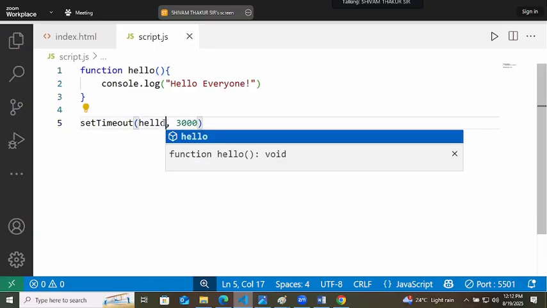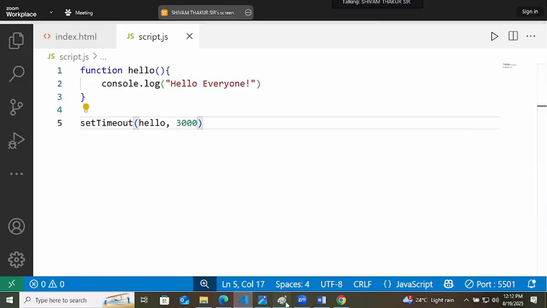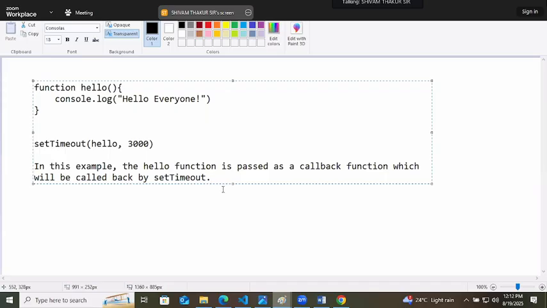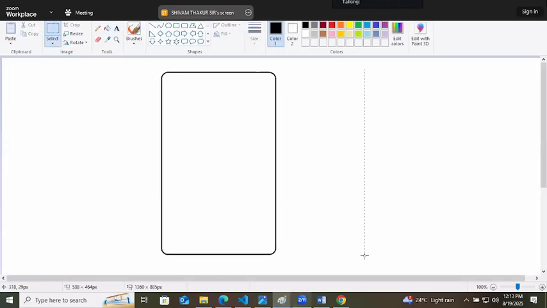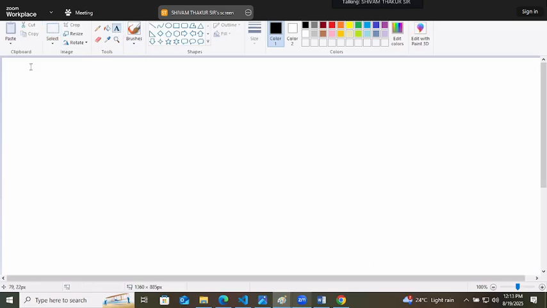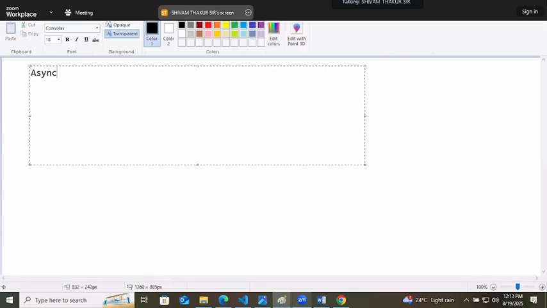Understood the callback function? And I will tell you one more thing here, and that thing is asynchronous JavaScript. Asynchronous JavaScript is part of advanced JavaScript. Don't try to understand it in one day.